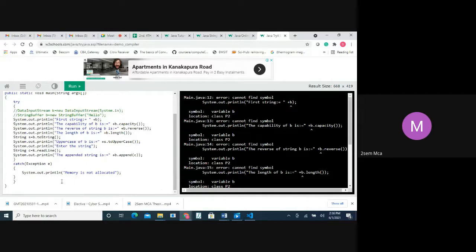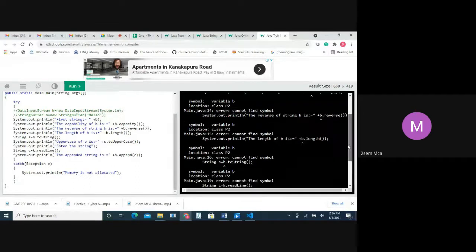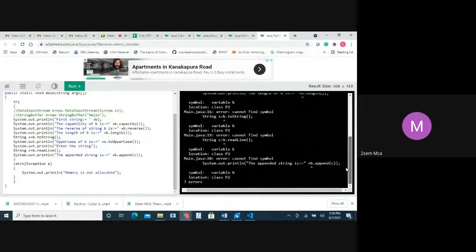The try and catch will show all these mistakes. B is not a variable because B is not there, and K also is not there, so it keeps showing us error.